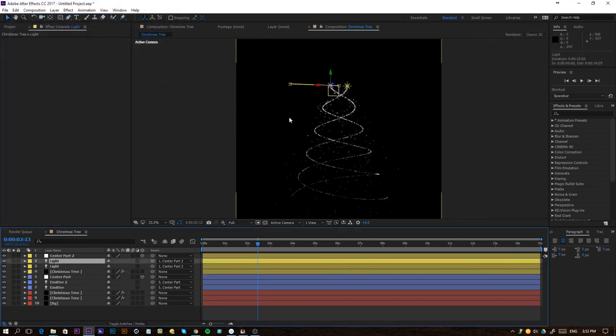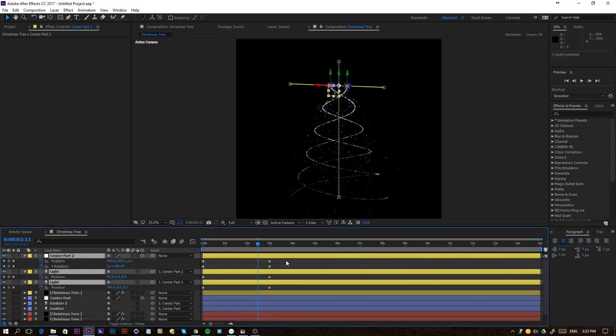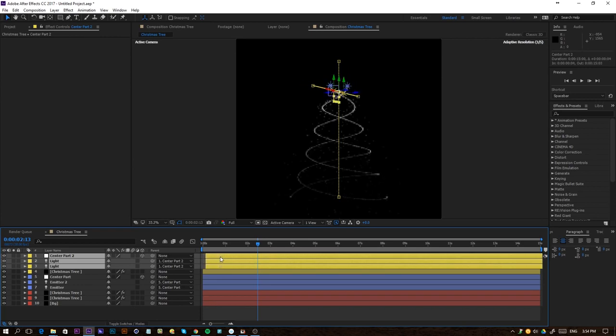But as these are exactly the same as these, you're not going to see any difference. What we can do now is actually press U on the keyboard for all of these. So just click on all of these and press U. And we can change the keyframes, and actually we can just offset it like this as well, depending